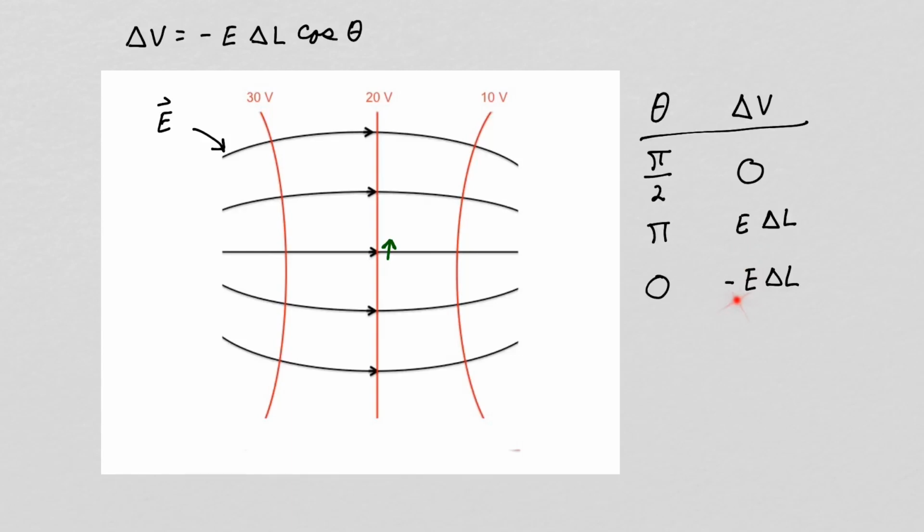And the maximum occurs when the voltage probe is pointing in the opposite direction of the electric field intensity, when theta is pi radians. When you get this maximum reading on the voltage probe, you can then find the magnitude of the electric field intensity. It's that maximum voltage reading divided by the length of the voltage probe.